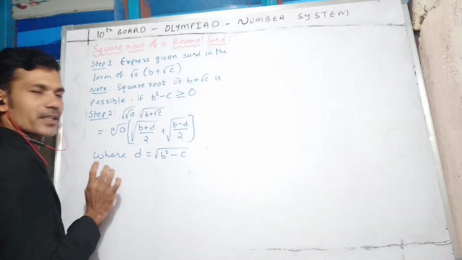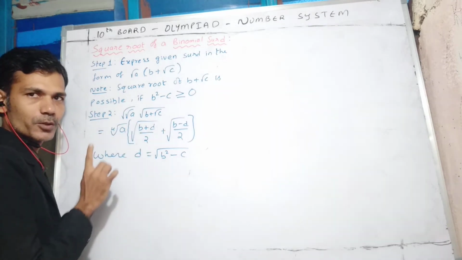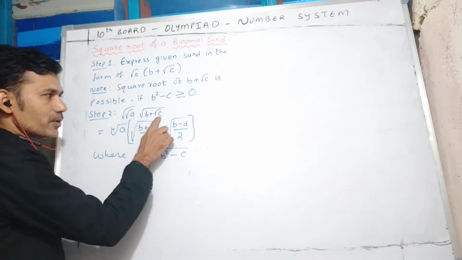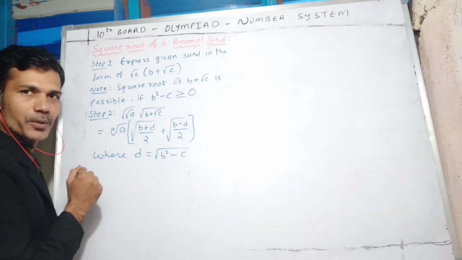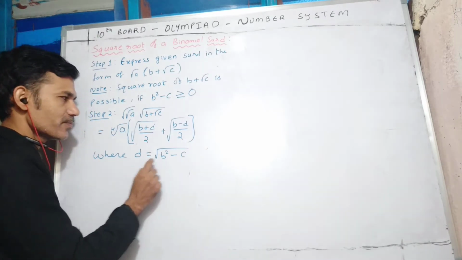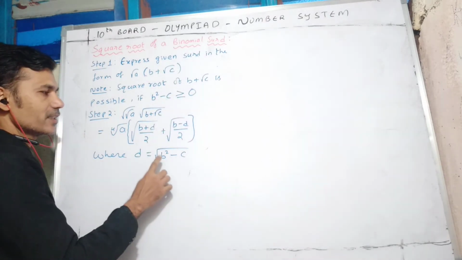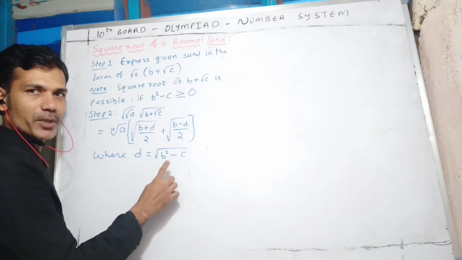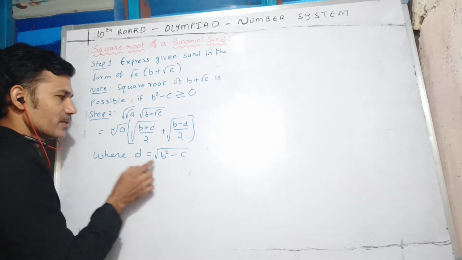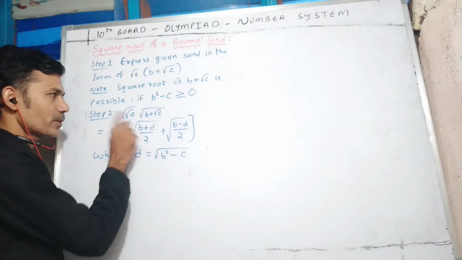Okay, this side I'm writing. Here square root of a means fourth root. Square root means whole power half. Half into half, so 1/4 will come. Square root of b plus root c. How will you get that? First we need to calculate d. How will you calculate d? We have to multiply this side with its rationalizing factor. Then, using the algebraic identity a plus b into a minus b, you will get b square minus c. After calculating d value we can find this. This is the square root of this.